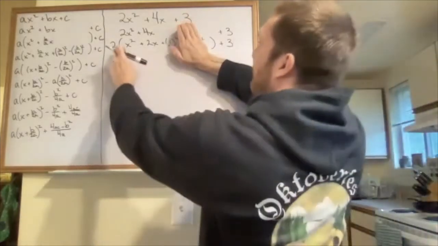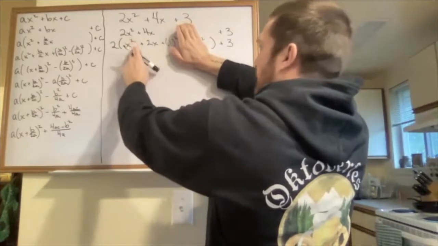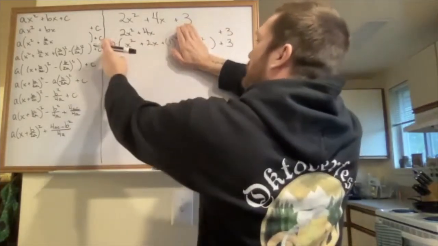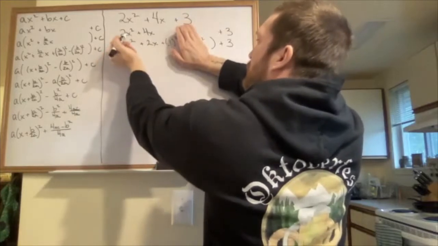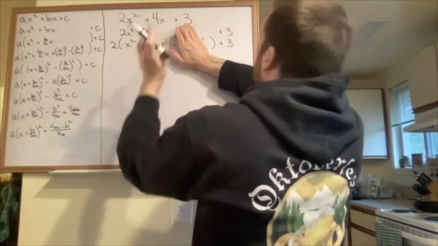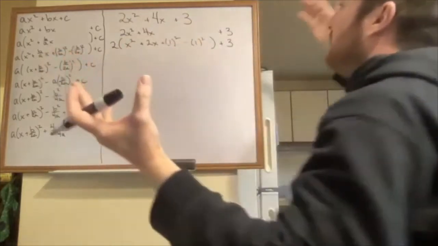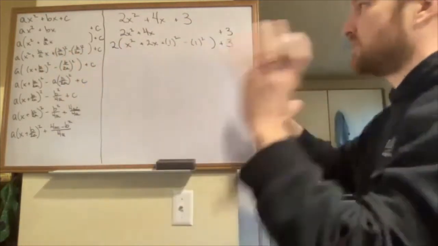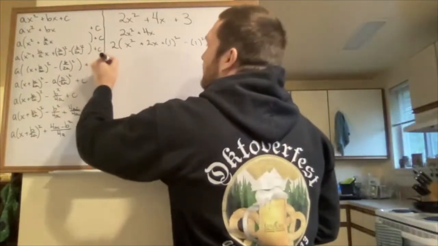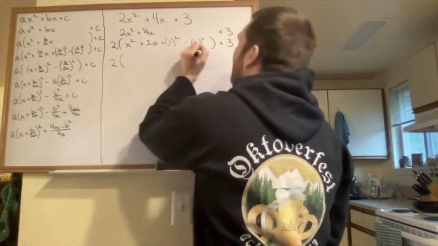Then I would have the 2 times x squared plus 2x all here in parentheses. Then I multiply my 2 through and I get 2x squared. Yep, the 2 comes in. 4x. Yep, I haven't changed anything. This is exactly the same thing as that. So we're good. But now, the whole reason I did that, I could have added in any number in the